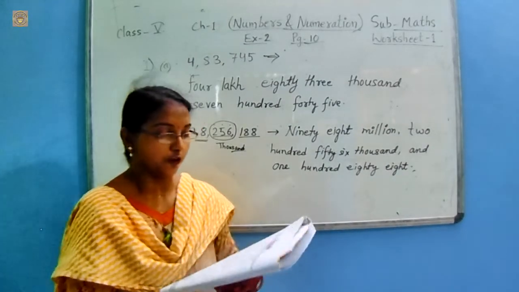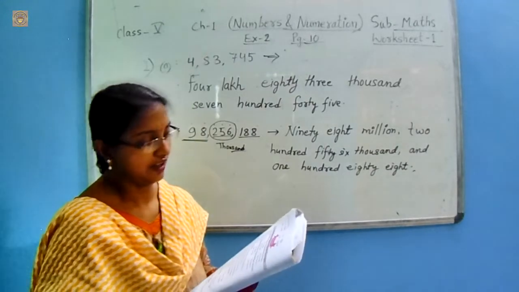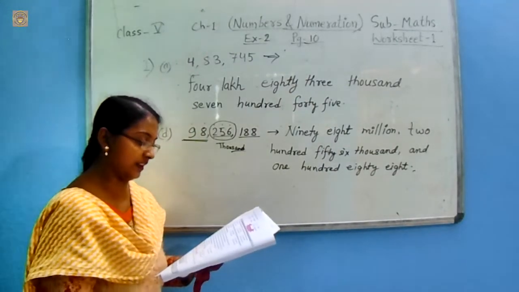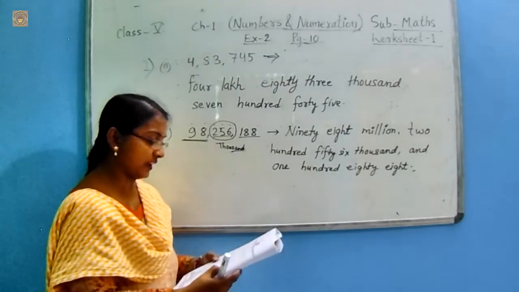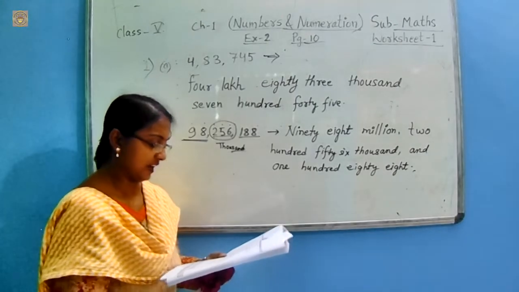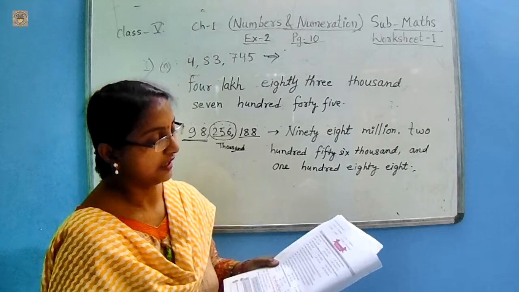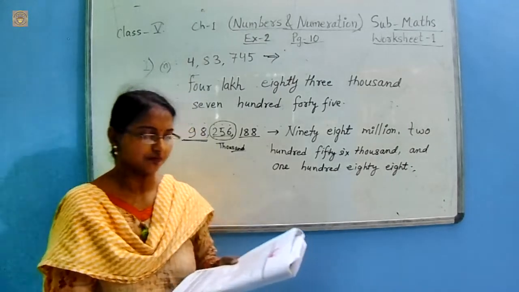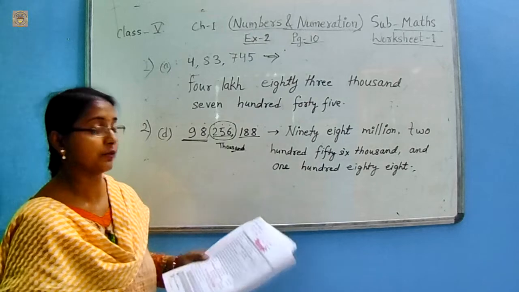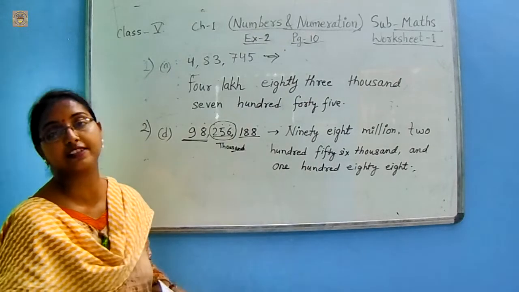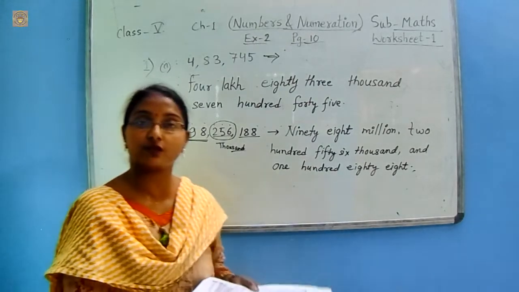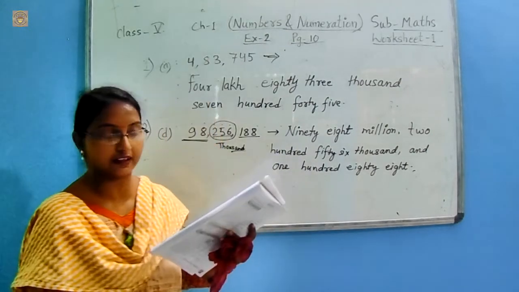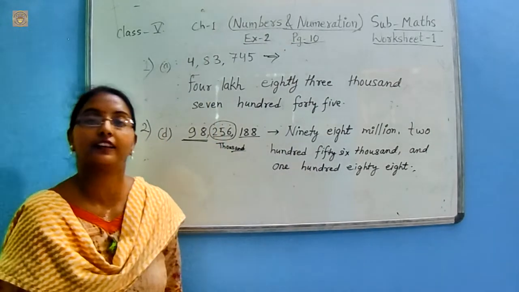Now I hope you understand, and as you continue your exercise, questions 1, 2 and 3, obviously follow these rules. And if you have any problem, then please contact me. For now, this is the last one. This is chapter 1, and chapter 1, exercises 1 and 2 and worksheet 1 are completed. You may proceed in a similar manner, and I will continue in the next class.